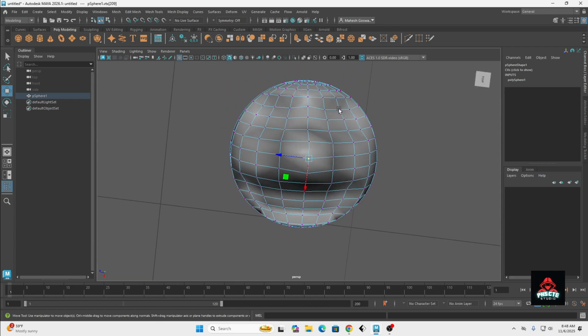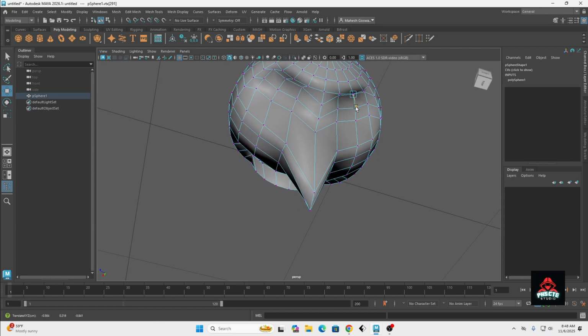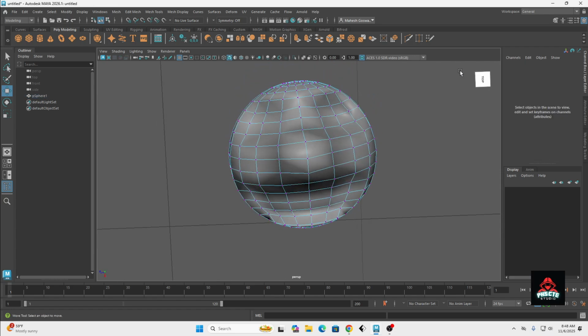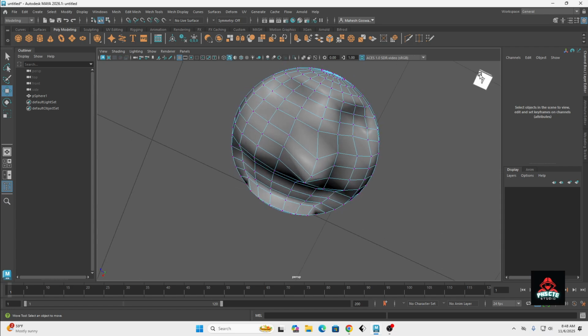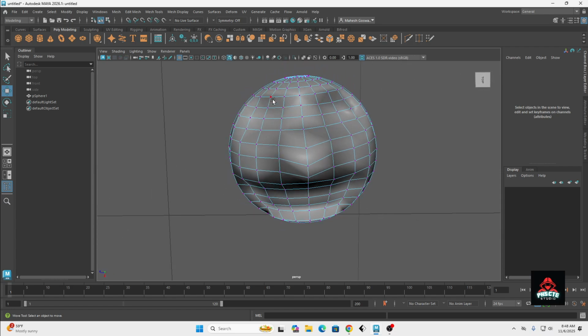So basically, we are just trying out how the tools work today. It's just an introduction, and I am using the same tool to deepen the eyes a little bit more. As you see, if you compare the left to the right eye, the right eye is more